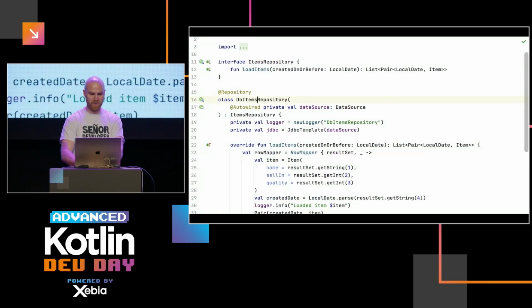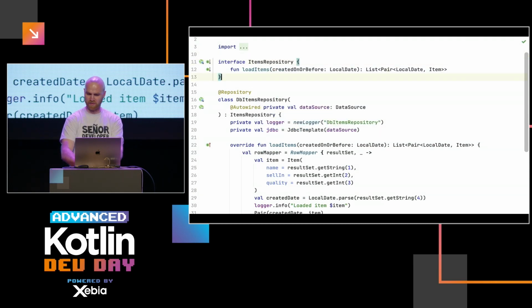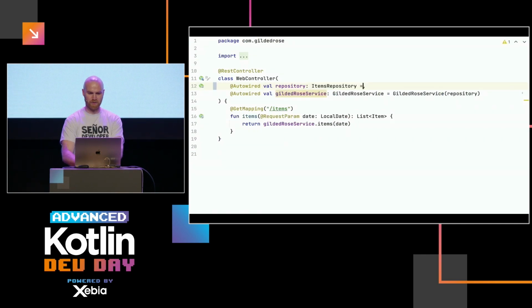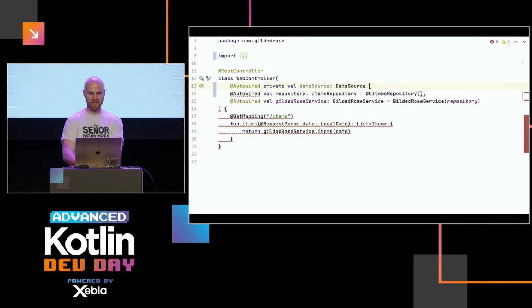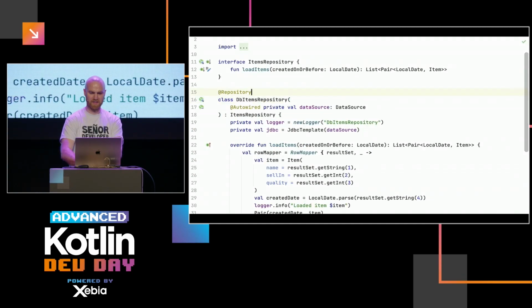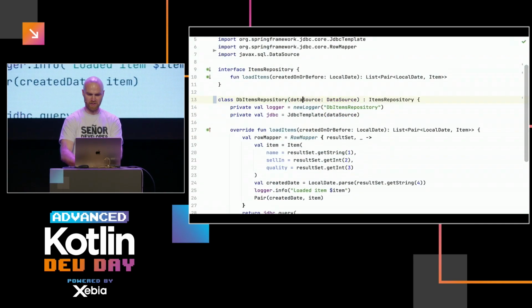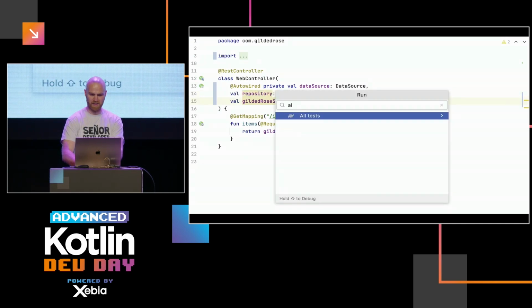The next step would be to figure out how to remove injection in the WebController, on the production side. So we can just remove this annotation completely. And in WebController, again, what we can do is just try and construct it. And it takes a data source. We could pull in the same trick of pushing the data source injection into here and just passing the data source like this. So that means we are constructing DB items everywhere ourselves. This data source is just a parameter, and we don't need autowire here or here, right? And I can run all tests.